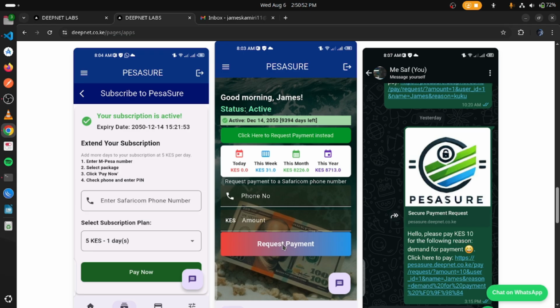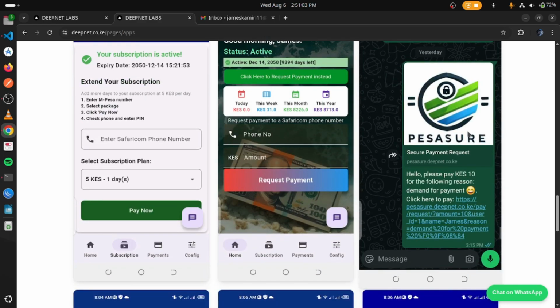We'll be doing this in practical so that you can see. Once you do that, they get a pop-up, they confirm with their PIN, and you get the funds directly to your till. The other thing is that you can send a payment request link on WhatsApp, as you can see from here. It says, hello, please pay 10 for the following reasons, demand for payment. Once a user clicks on this link, they'll be able to pay you by entering their number and